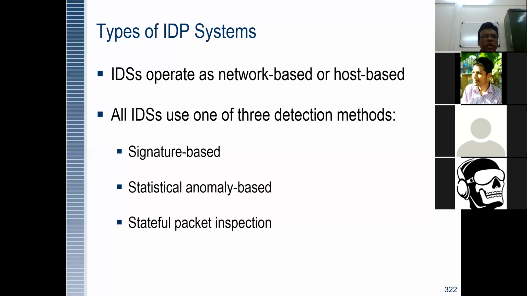That means to say, intrusion detection systems operate as network based as well as host based. Keep in mind, if you make use of a class A, 16 by 16. Similarly, if you go with a class B, then 8 by 24. If you go with a class C, then once again 24 by 8, like that. Network based means the total number of network addresses. Host based means the number of systems connected in a network. Suppose X is a network, you can identify X1, X2, X of L, which are going to be host based.